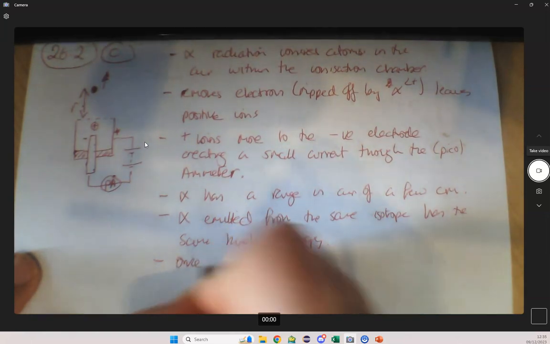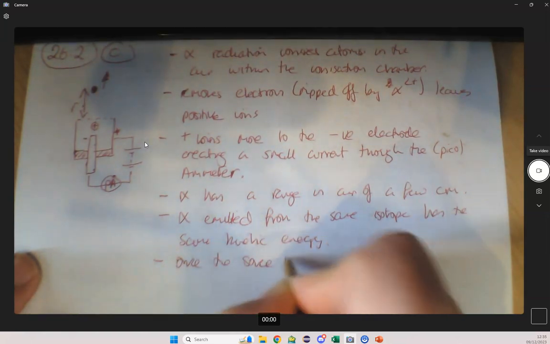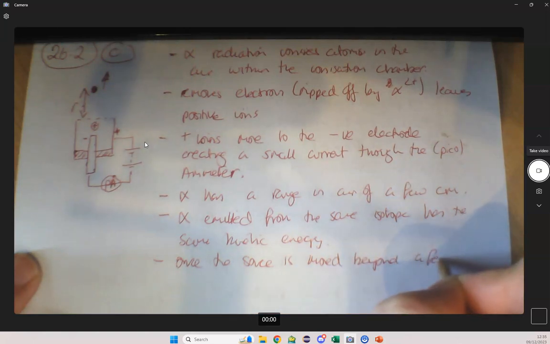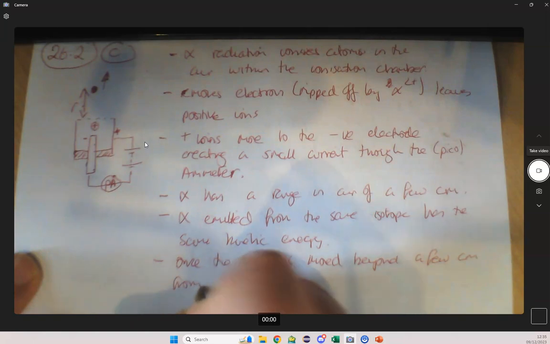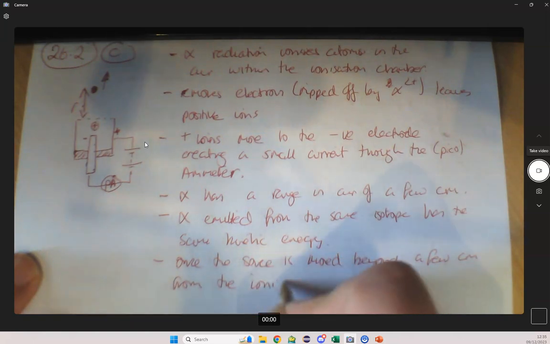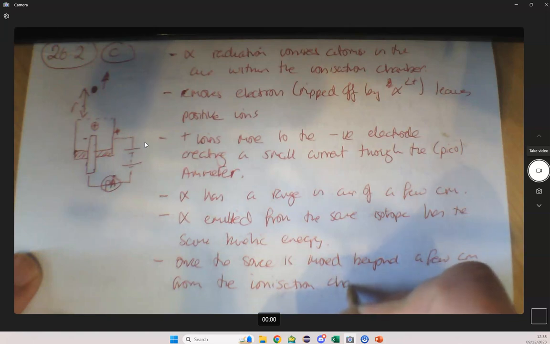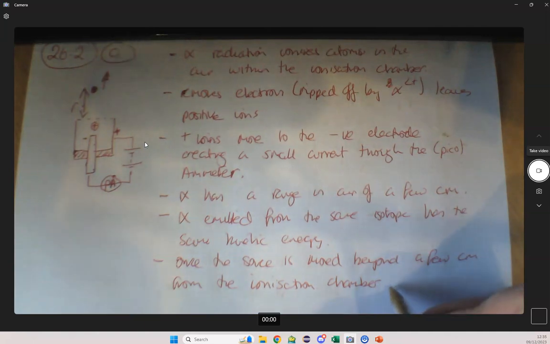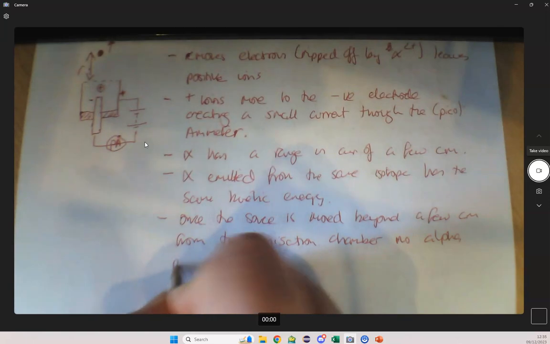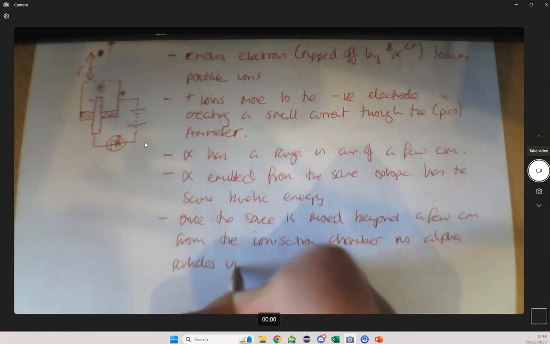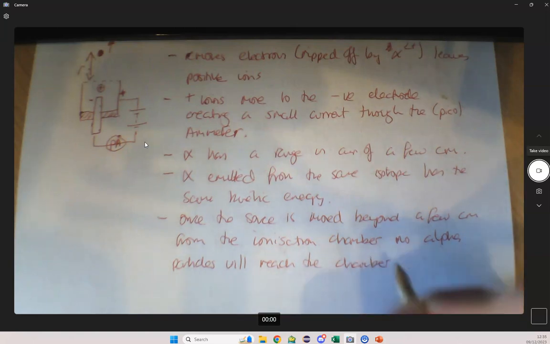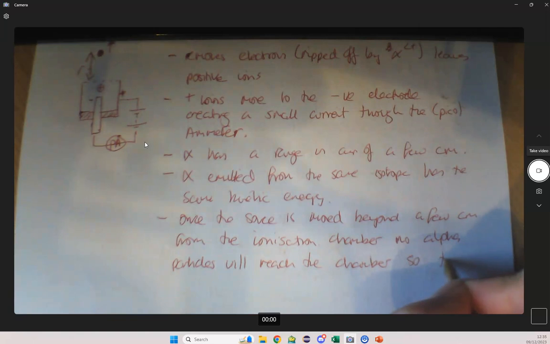So, once the source is moved beyond a few centimetres from the ionization chamber, no alpha particles will reach the chamber. So the current